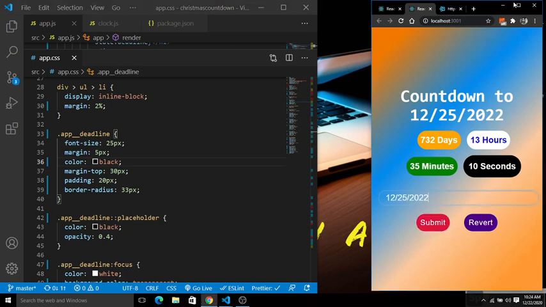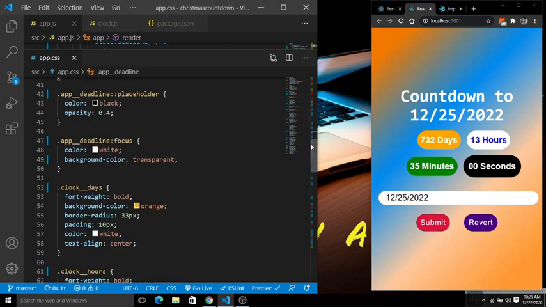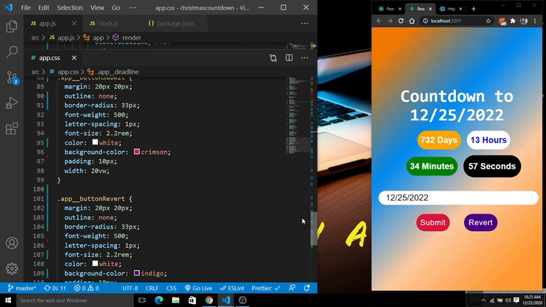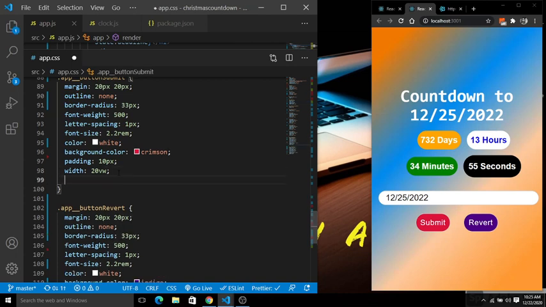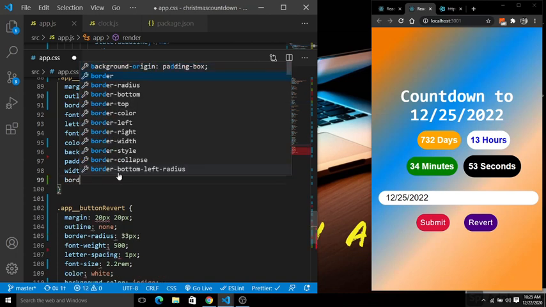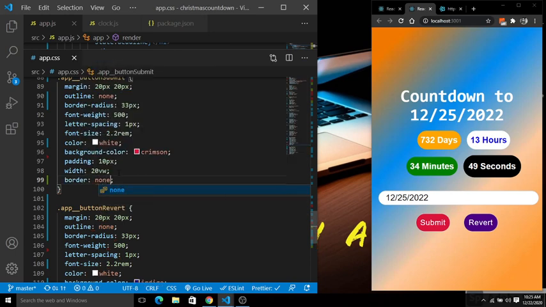Next, on clicking the submit, we have a very weird border here. So let's go to this button here, on the button submit, give the border of none. Save this.